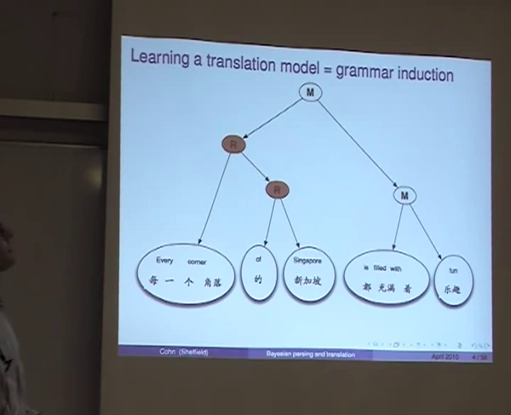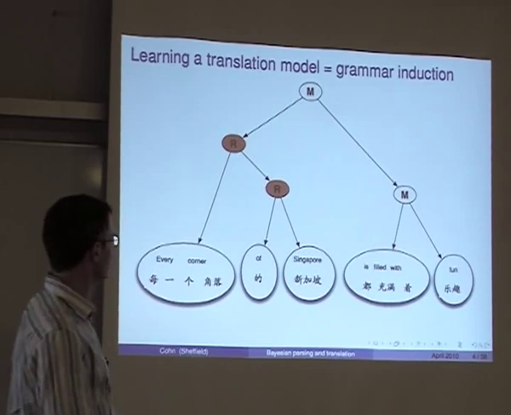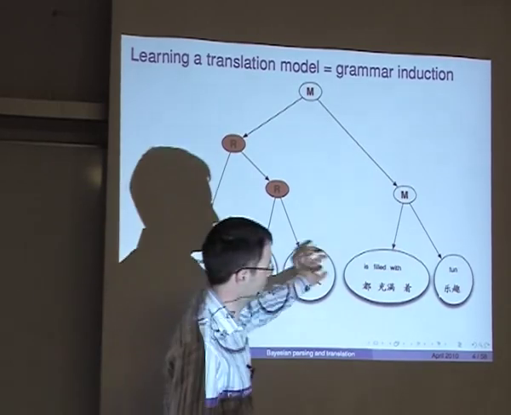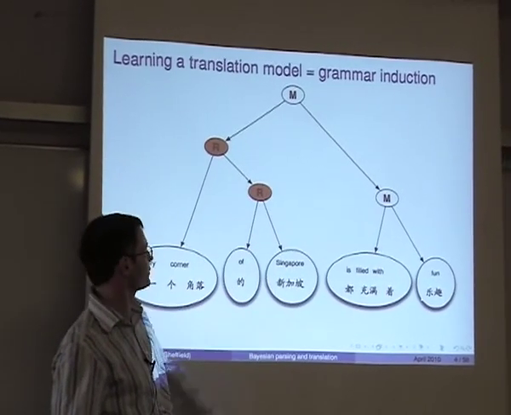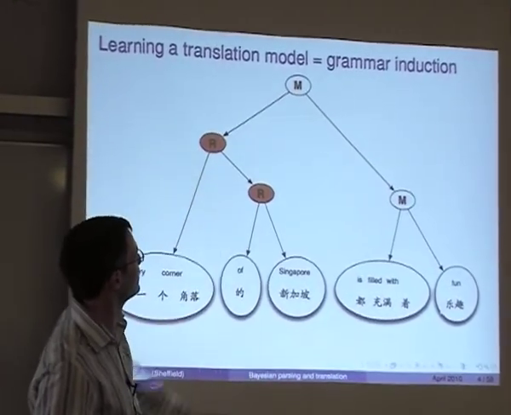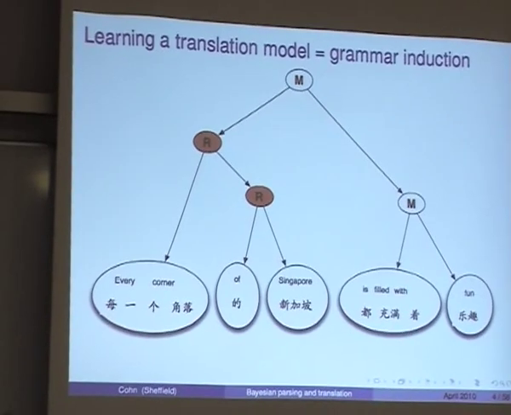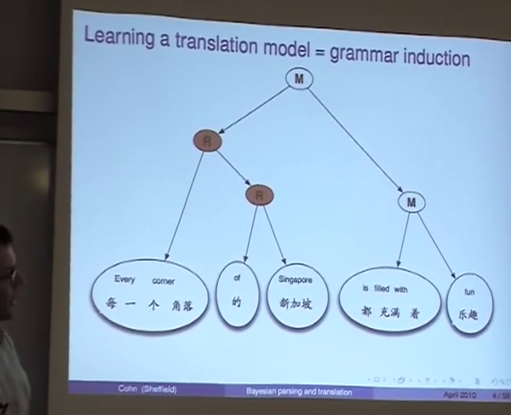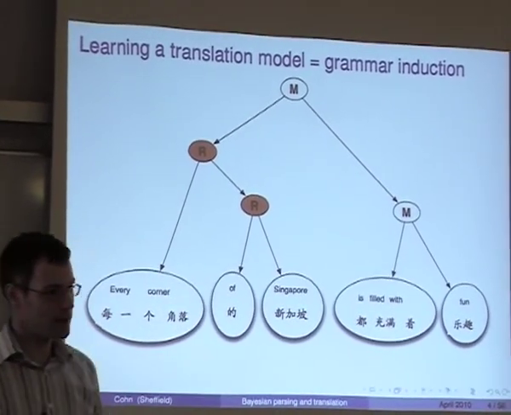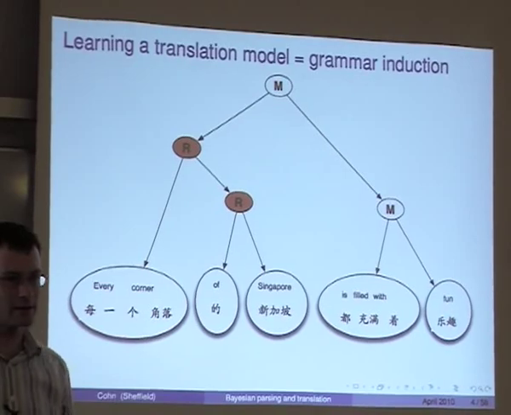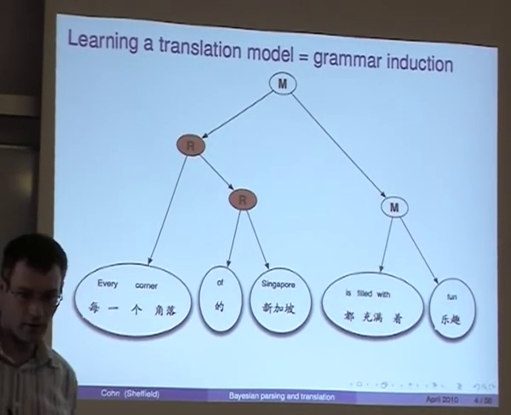Perhaps our grammar induction learns something like this, something pretty impoverished, but it can still help us. We learn perhaps that these things in blocks are units of translation, and perhaps we learn that there's some reordering going on here, some reordering going on here, and some monotone translations going on here. So we know how to glue together the units to get from one language to the other. And this is maybe what you might see as state of the art in grammar induction from bilingual data. It's relatively understudied, and Phil will be talking more along those lines later on.